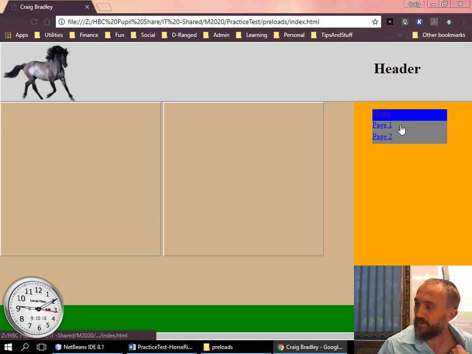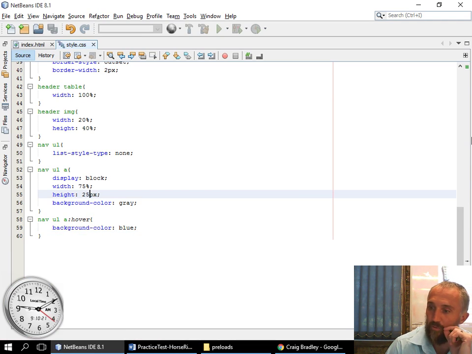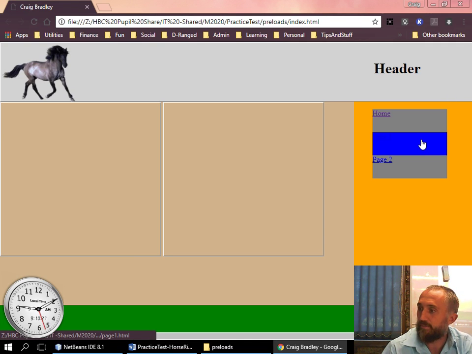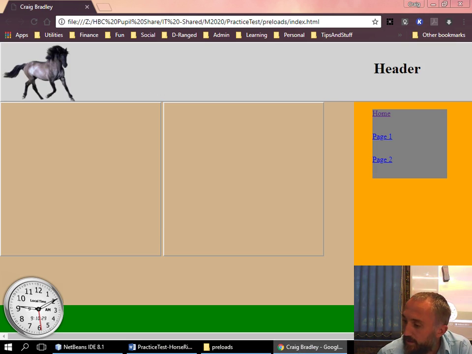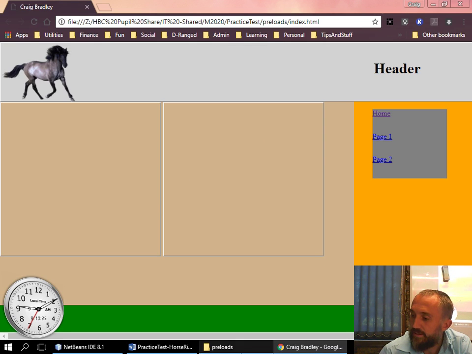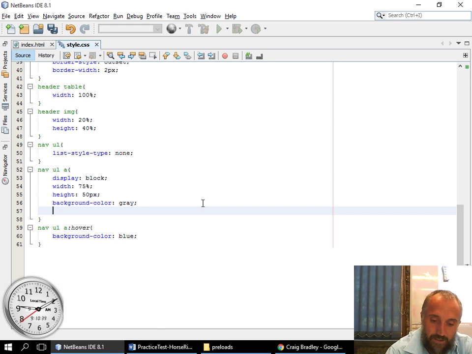Okay, so the hover works, and my list is working, but the width and the height of the block is kind of not working. So let's try, just for interest, let's just see if it is pulling through the height. Okay, so the height's now coming through. I look at the question paper. Okay, the text is centered. So let's also try to get the text centered here. So text-align: center,